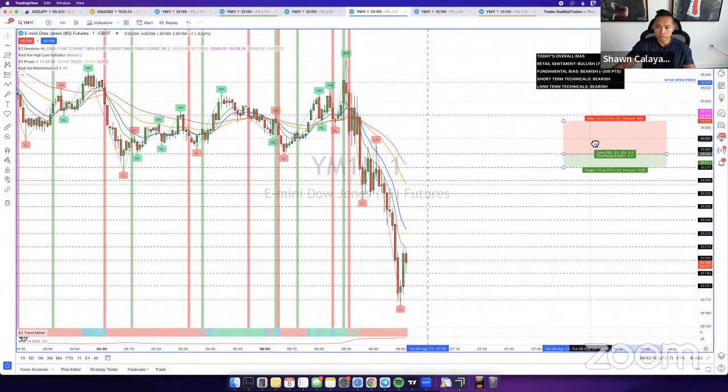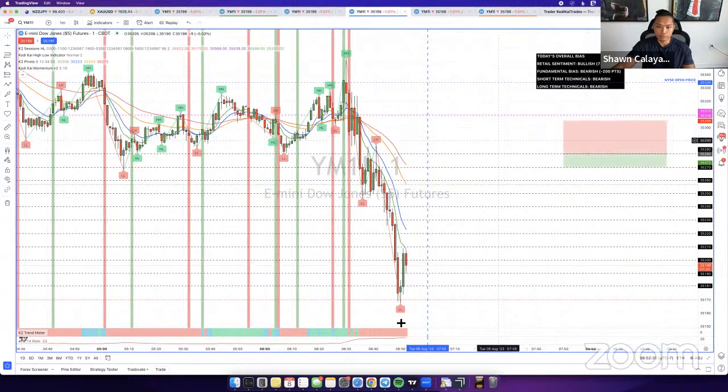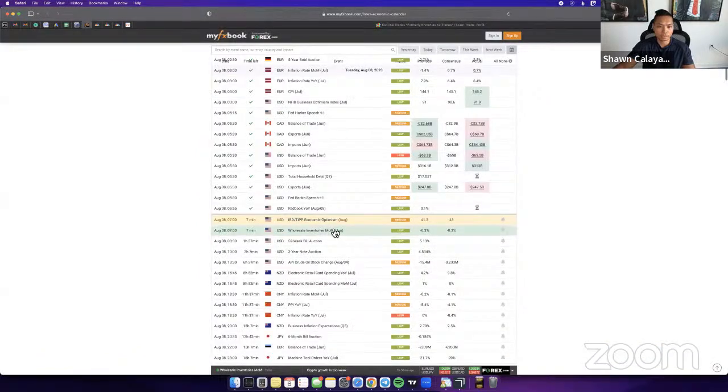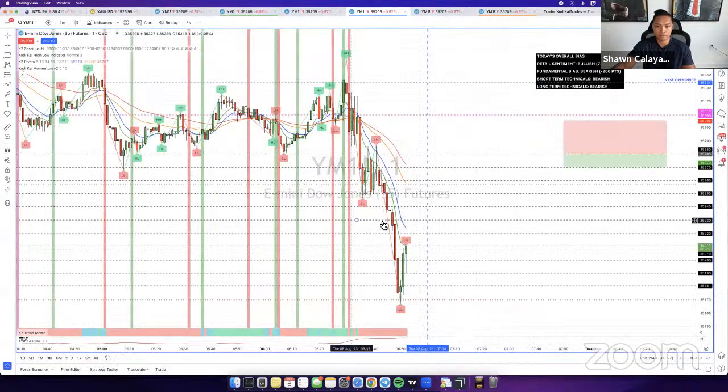news passes. We have news over here at 7 o'clock, guys. So I'm going to wait for the news to probably pass through. News at 7 is going to be IBD, CIPP, economic optimism, some inflation news right there, medium impact, and we have wholesale inventories right here as well, month over month. We'll see what happens here, because that China news from yesterday really affected the market pretty heavy. I didn't expect it to affect it this much, but it did affect it a lot.